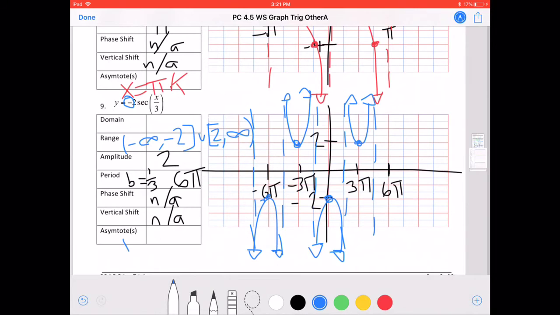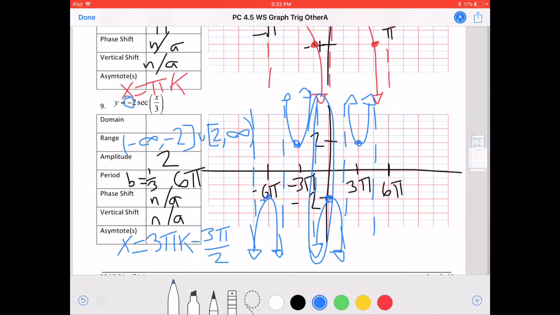Vertical asymptotes are next, so we would do x equals, find our common difference, which for secant and cosecant, that's half the period. Our period was 6 pi, so our common difference was 3 pi. And that's the distance between our vertical asymptotes. And then we put our k next to that. And then we can pick any vertical asymptote, and that's the number that we add here. I always like adding the one that I started with first, which is the one I just circled, which here is the only time we need to write a fraction, would be -3 pi